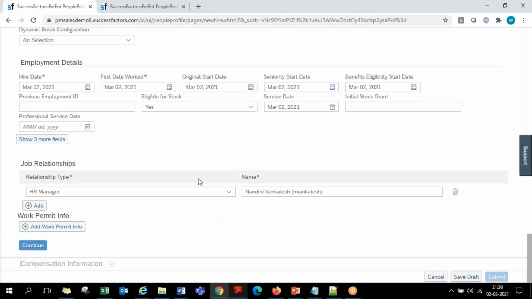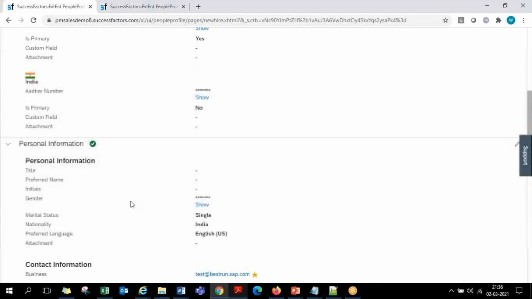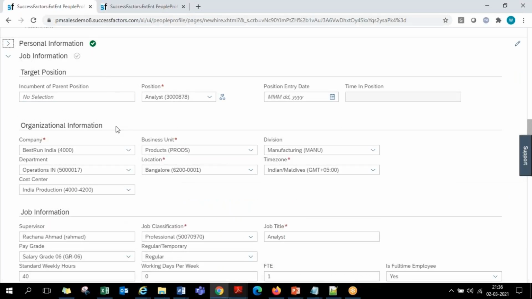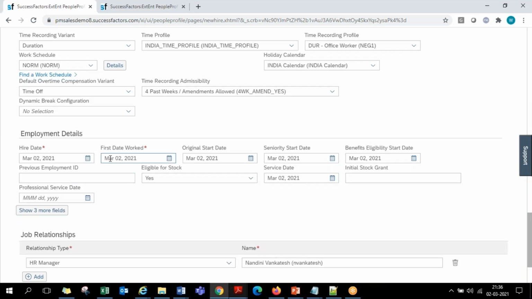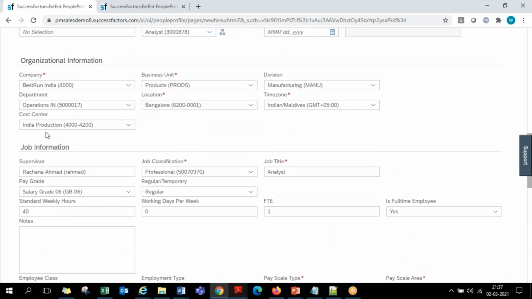This is the thing. And so till here the job information part, the third one, which is a very important area, will be seen here. After the personal information, this is job information. But clearly if you observe, job information is a category in which you have org information, job information as main portlet, all this. You have employment details, all these things. So all these informations will be generally called as the job information, guys.